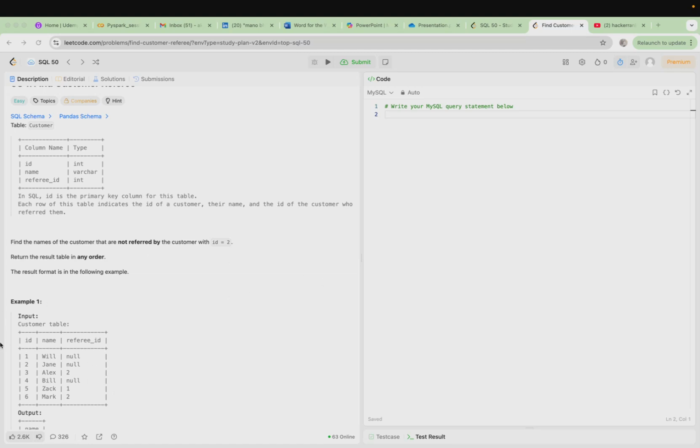Now what do we need to find? We need to find the name of the customers that are not referred by the customer with ID 2. As you can see in the example, row 3 and row 6 have been referred by the customer whose ID is 2. So what our solution will look like: we'll do select, and we need just the names of the customers. We don't need other columns. So we'll take select name from our customer table,